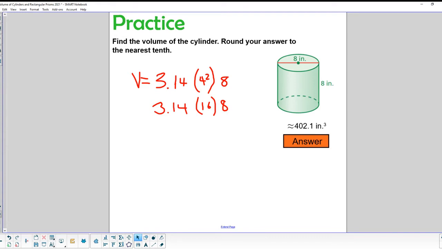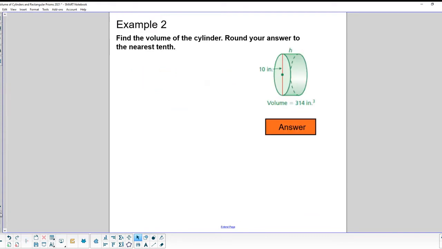Okay, now in this particular problem, they actually give us the volume, and they want us to find the height of the cylinder. So I'm setting it up. So 3.14 times 5 squared, and at this point I recognize that they haven't given us the height yet, so I've got to fill in for that V over there, that volume. I've got to fill in 314. So that's